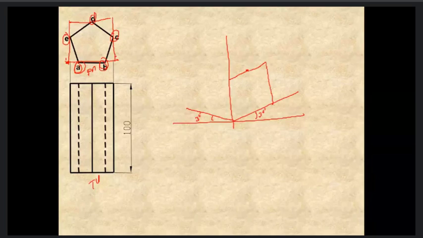So see here in this figure my side view is looking like this. One more thing, here the line is there, that is visible to me. Actually this is the front view, this is the top view, and this is the right hand side view. Actually it is not a left hand side view, it is the right hand side view. I don't have to make the figure like this. Actually I want to show the right hand side view, that's why I have to make the figure like this.